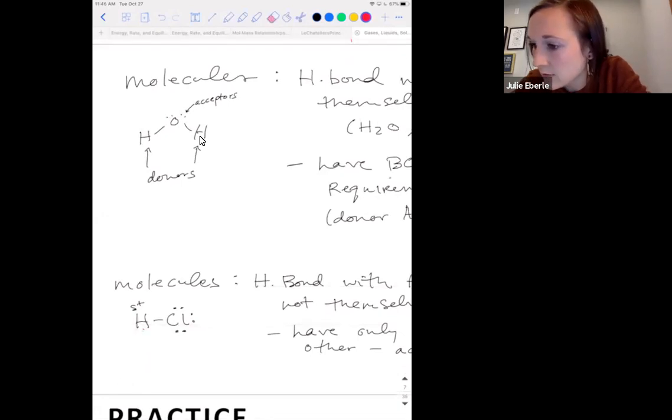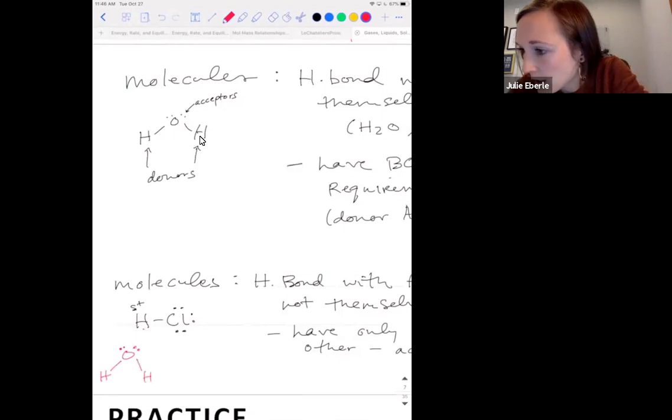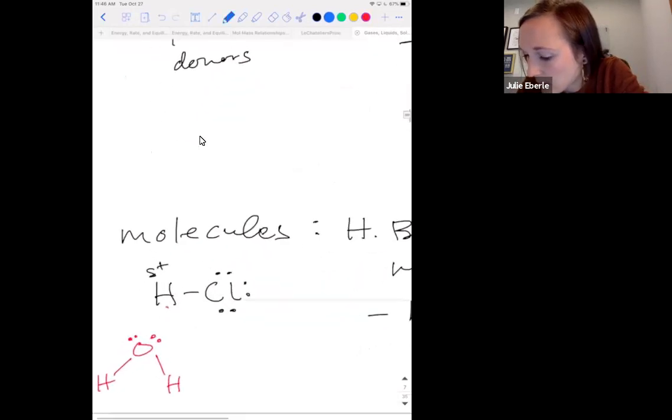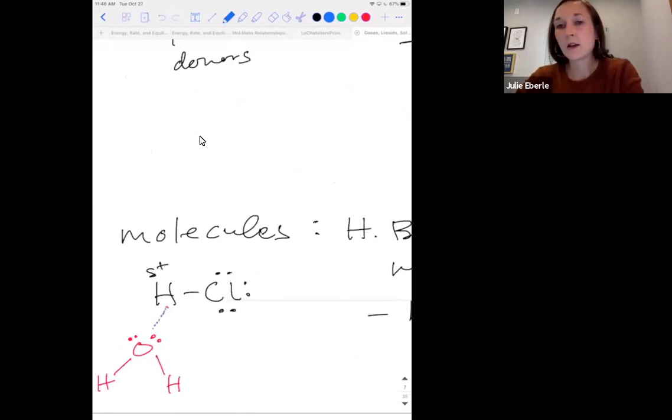So we have a donor, but what if we have a water molecule instead? It can hydrogen bond with a water molecule because you have the oxygen, which has the lone pairs that we need, and we have these positively polarized hydrogens. We could get a hydrogen bond. I'm going to draw a blue dotted line here between the hydrogen of HCl and the water molecule, because here is our donor, and now we have an available acceptor.